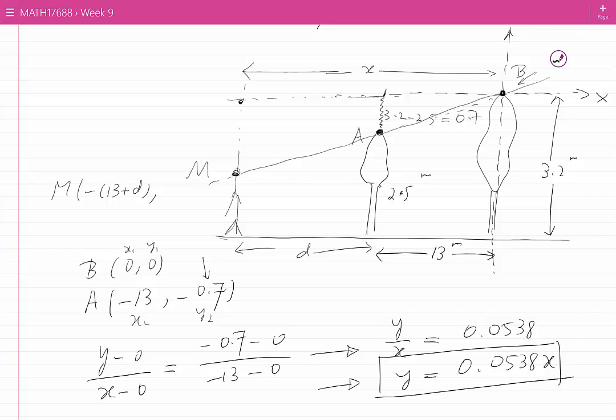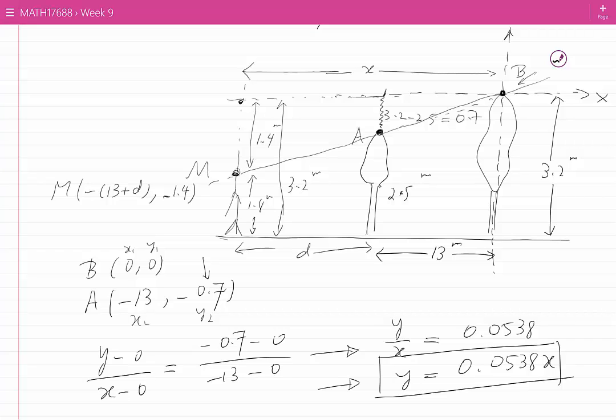The individual is 1.8 meters tall, and this total distance is 3.2 meters, which is the height of the taller tree. The difference with a negative number would be the y coordinate. The difference is this, which is equal to 1.4, and because point M is below the x-axis, we need to use minus 1.4